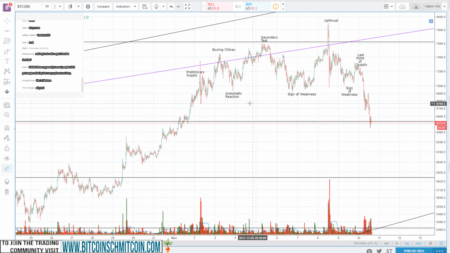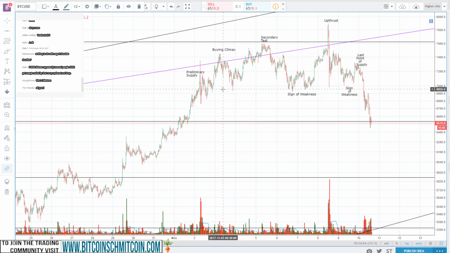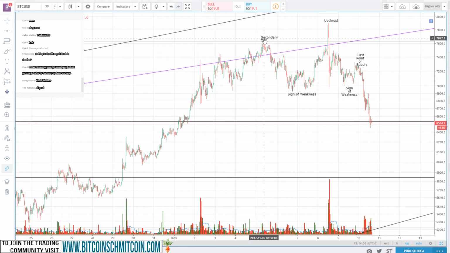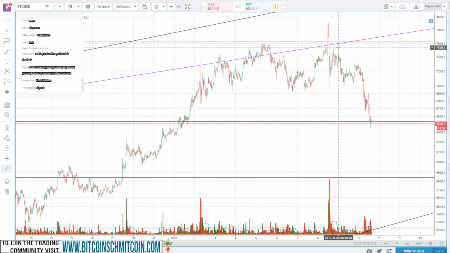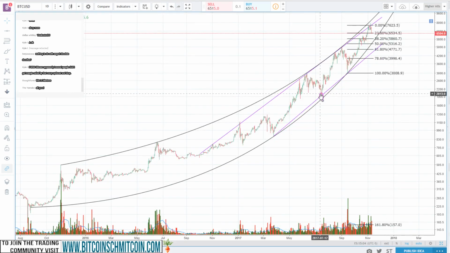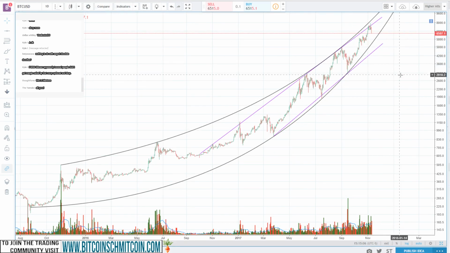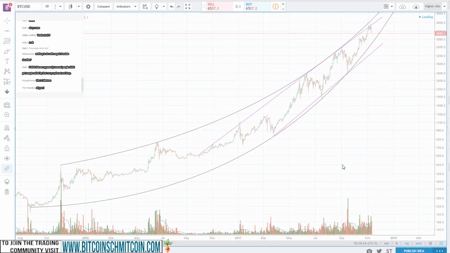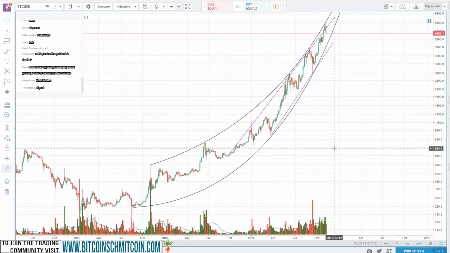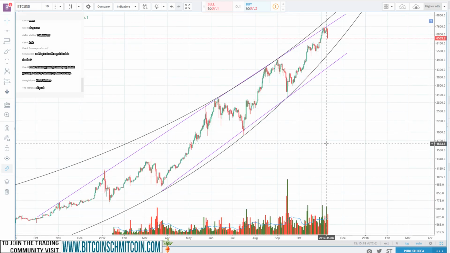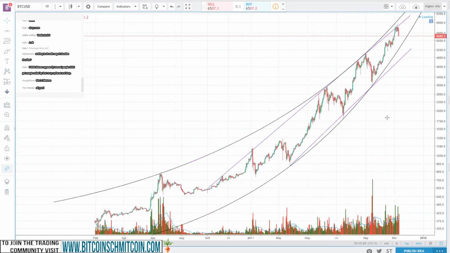So, we can actually get rid of this stuff. Let me delete this so we can look at the macro trend and see what's going on here. Let's get rid of you. Okay, so now we just have a clean chart. Should we look at the 3-day? Is that helpful? No, let's just look at the 1 day. So if we look at the 1 day,